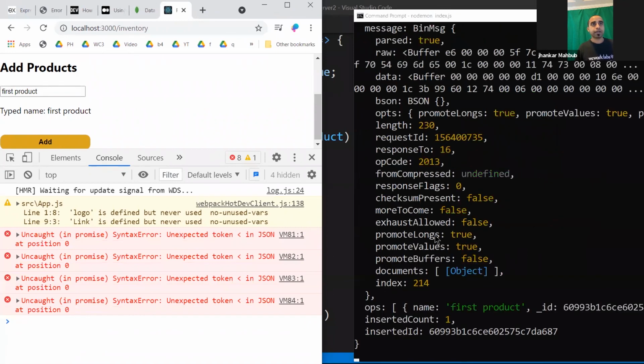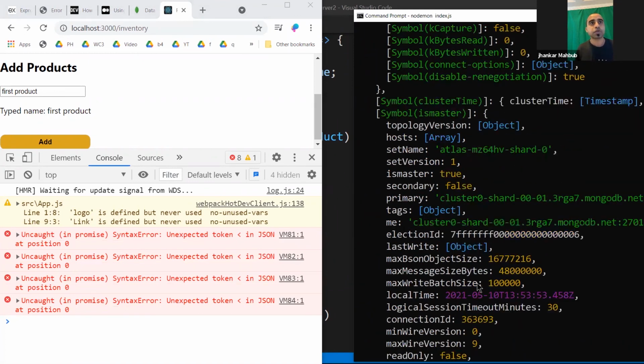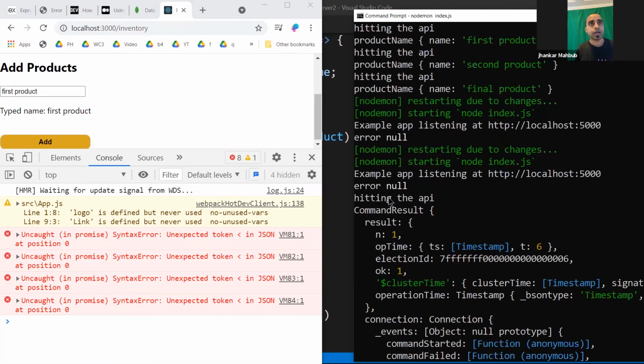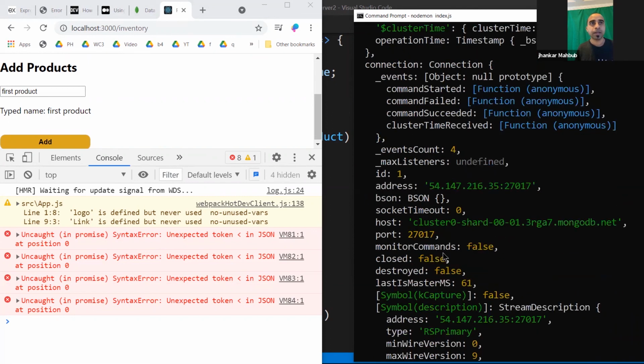We should add it, and you see a lot of information, and one piece of information is insertedCount. That means they were able to insert it, and it gives you some other information if you want to use it. Hitting the API, and then the result: that's the count, how many there were, the election ID, the operation time when this happened, and the host.